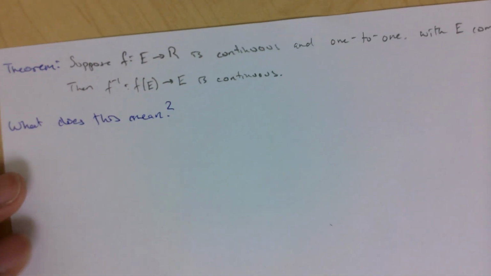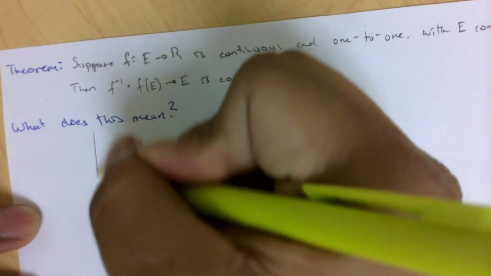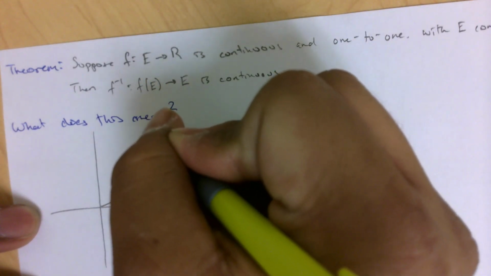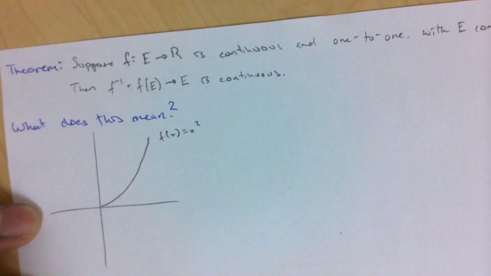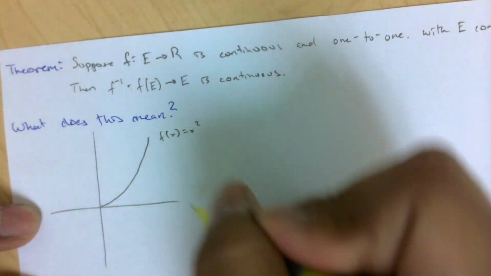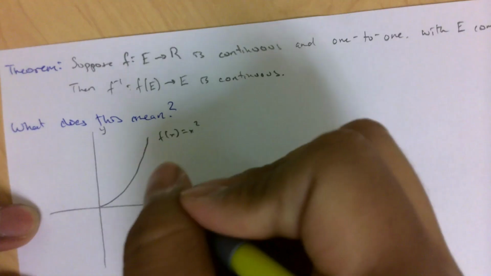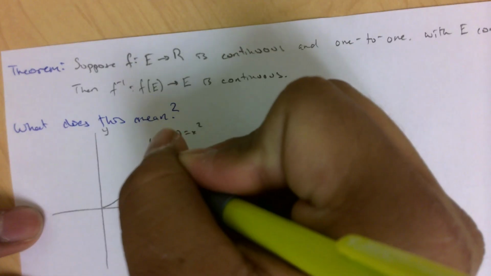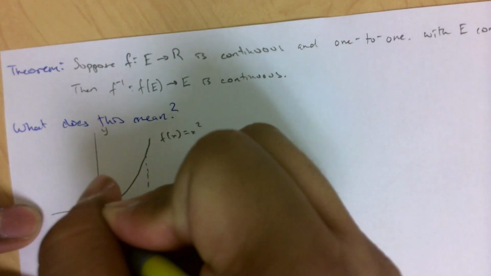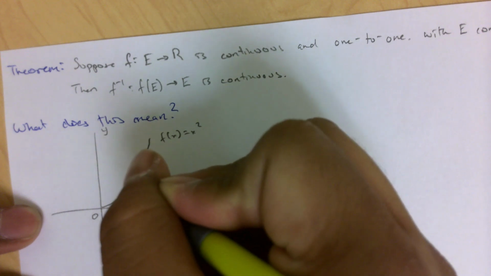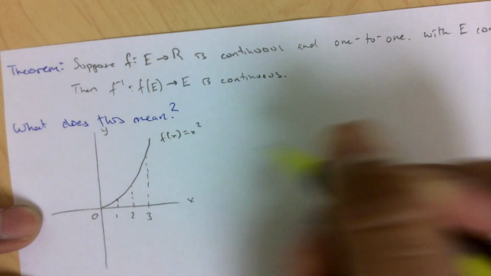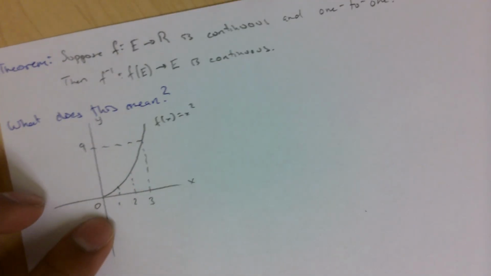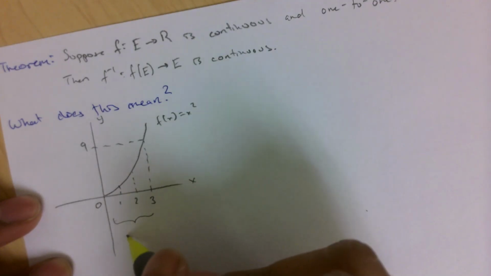So we can visually represent this with a graph. Here I chose to graph f of x equals x squared. This is the xy plane, by the way, and then we can get its domain E. So say I restrict it specifically from 0 to 3. Since I've restricted it, I have created an interval E,